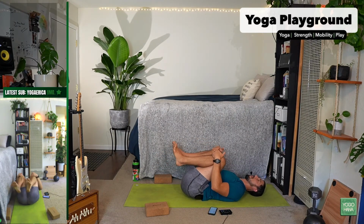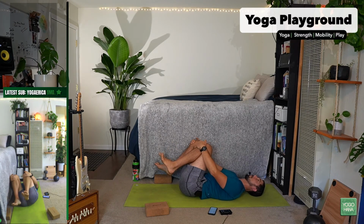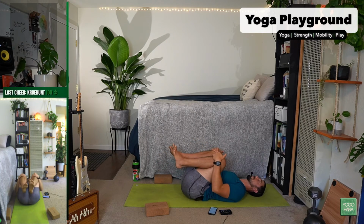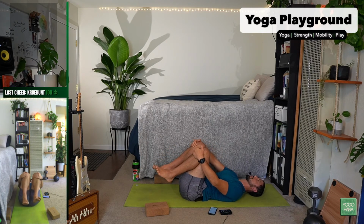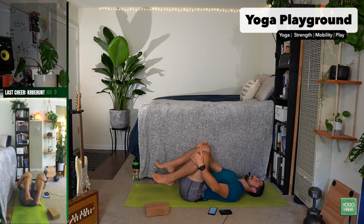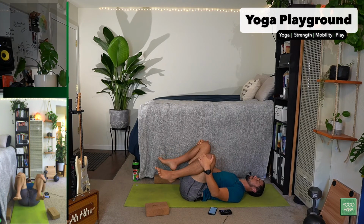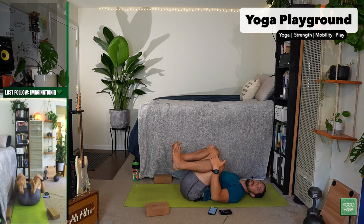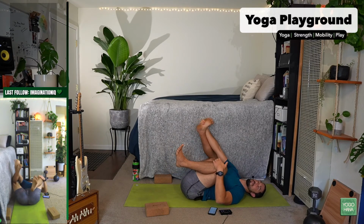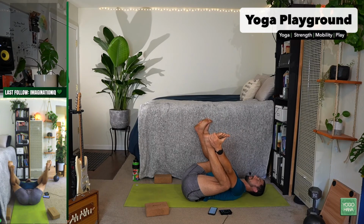We can circle those hips around. This should feel nice. This, for me, feels really good in the low back, where I started to feel a little bit of tightness from our back bending there. Maybe like Happy Baby to release some of that tightness through the back. I'm demoing that here. I've grabbed for the outer edges of the feet. Not required, but